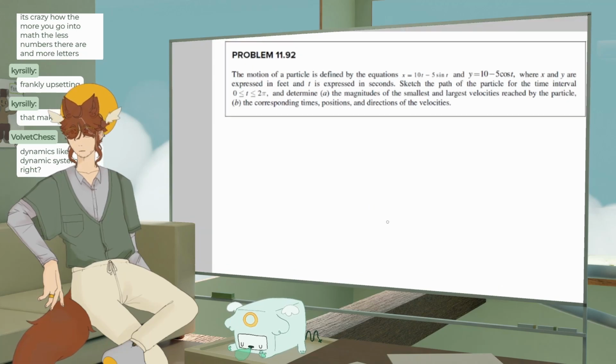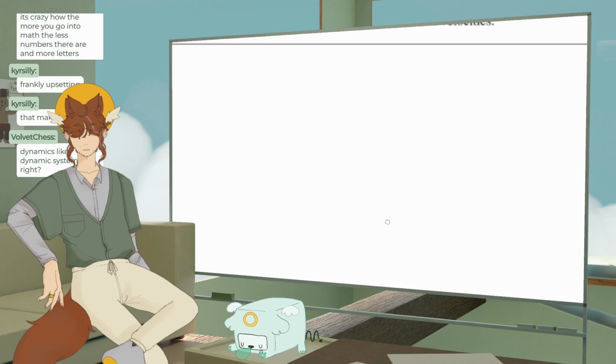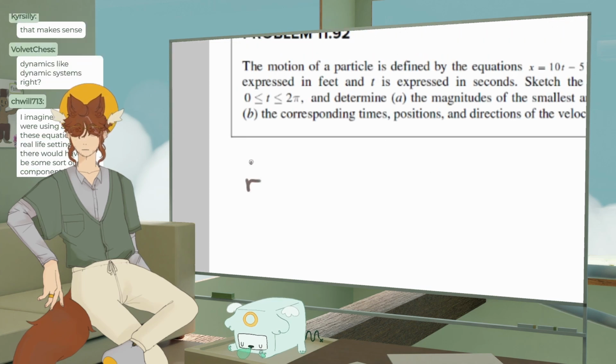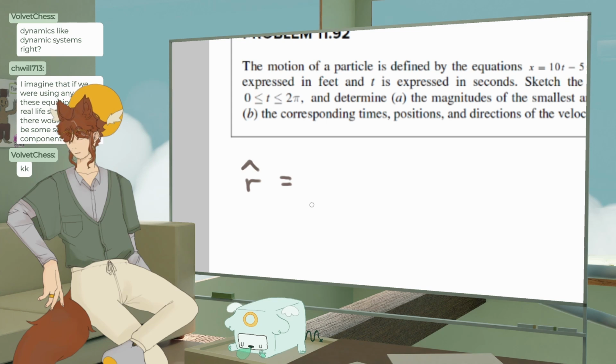Okay, so let's define our little funny position vector. Imagine if we were using any of these equations in a real-life setting, that there would have to be some form of error component in them. Well, I have great news for you that's also awful news. I had to take an entire course on that, and the VODs are not yet up on my YouTube, but they are up on YouTube. Essentially,